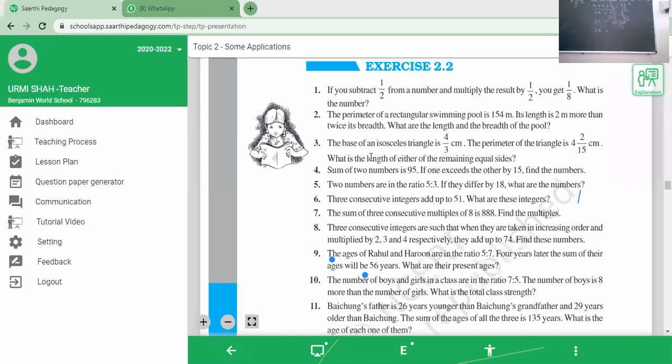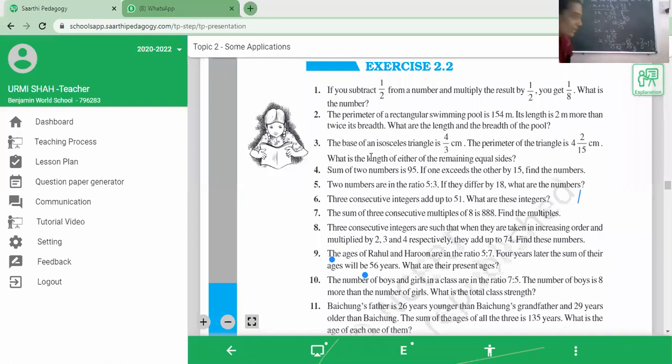42/15. 42 or 32? 42. So 2x is equal to 42/15, and what is the value of x? x is equal to 42/15 multiplied by 2, the 2 will come down into the division. 42 by 30, ma'am, 21/15. Again it is possible to reduce, 21 upon 15, 7 threes are 21 and 3 fives are 15. So the answer will be 7/5, or you can write it as 1 integer 2/5.